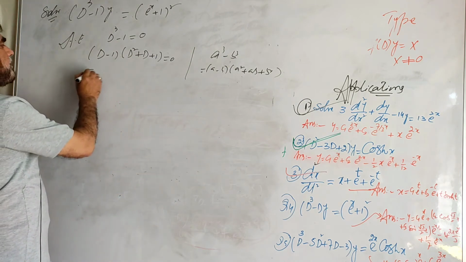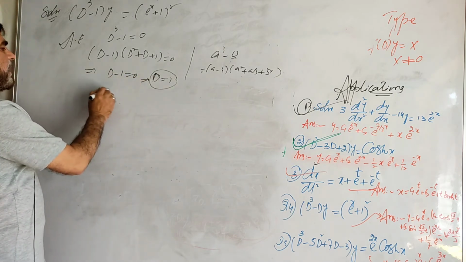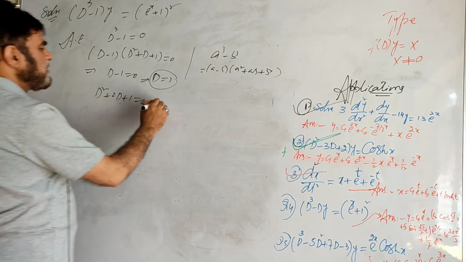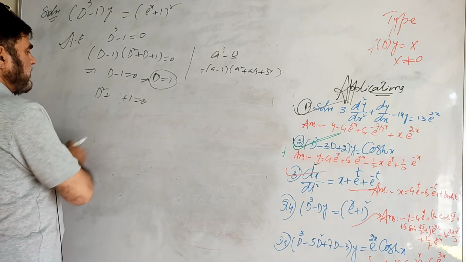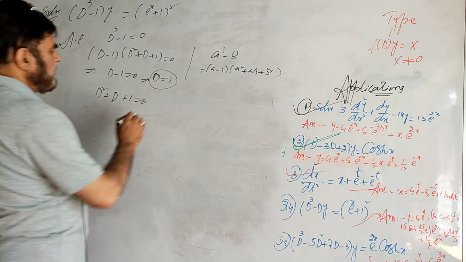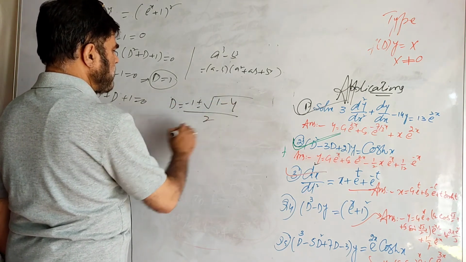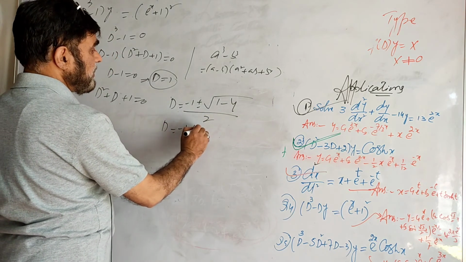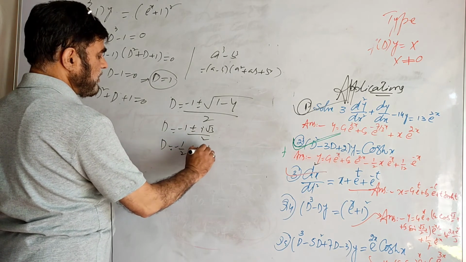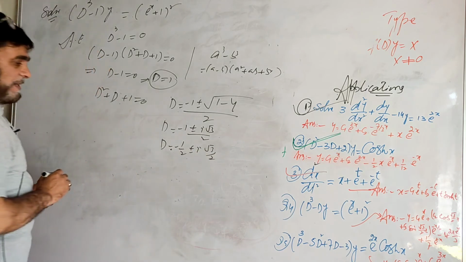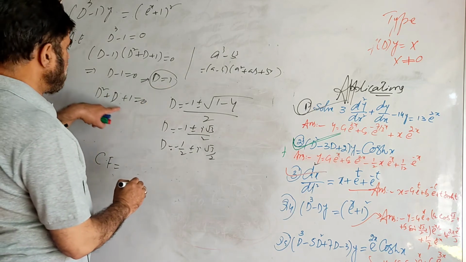So here D minus 1 equal to 0 implies D is equal to 1. D square plus D plus 1 equal to 0, it is not 2D, sorry, it is D. It gives D is equal to minus 1 plus or minus under root of 1 minus 4, by 2. It is D equals minus 1 by 2 plus or minus iota root 3 by 2. So what is the complementary function in this case? The complementary function in this case will be, corresponding to D equal to 1,